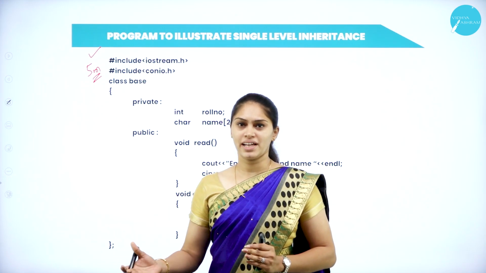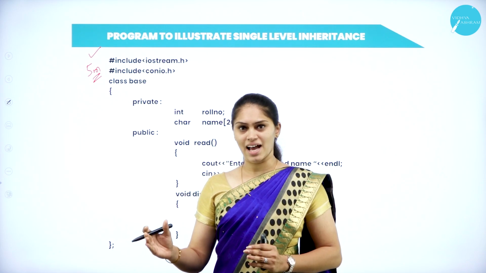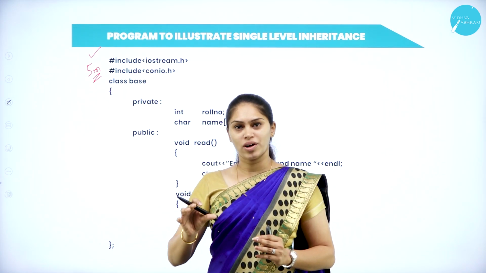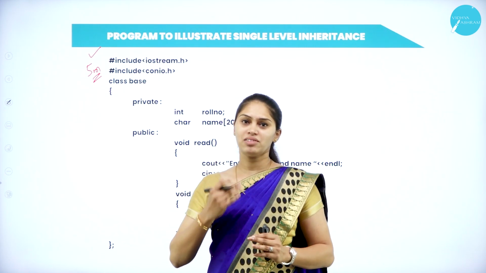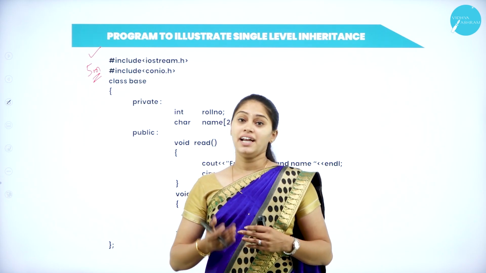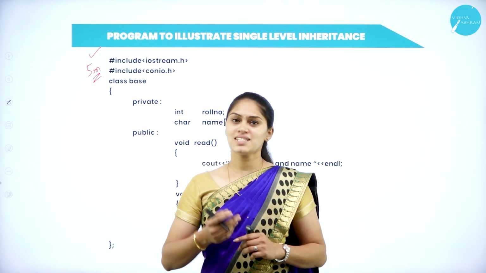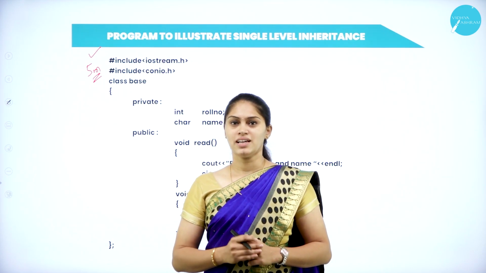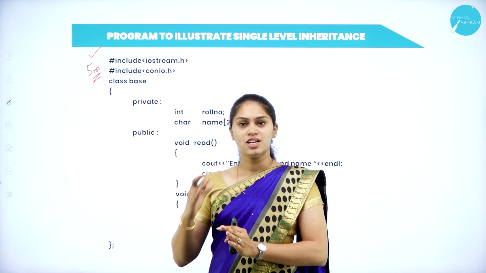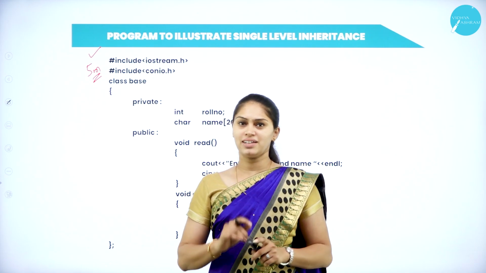If I have one more class, the derived class or child class or subclass, it will have features from the base class. That means it is inheriting or acquiring the features from the base class, and this derived class can also have features of its own. So that is nothing but the base class and derived class. Here I am supposed to create one base class and only one derived class.